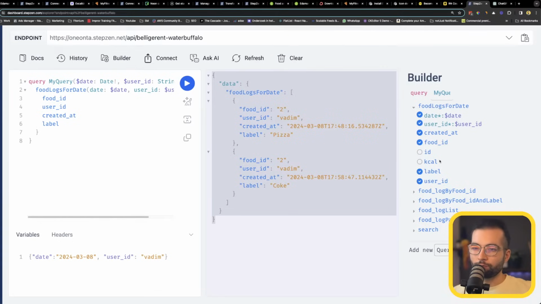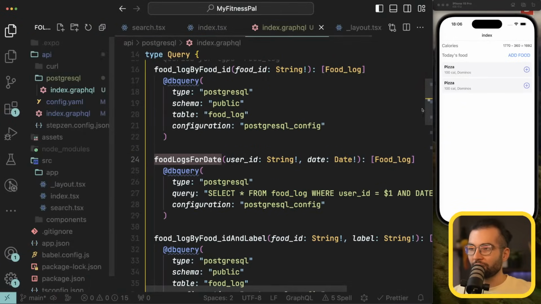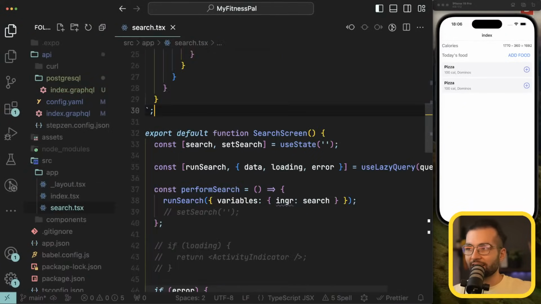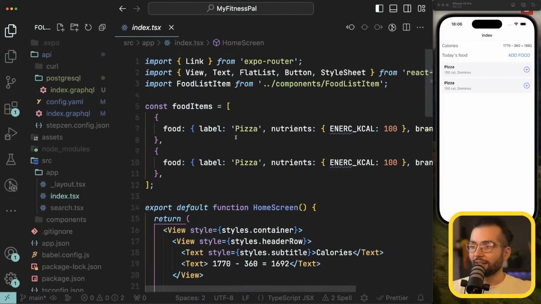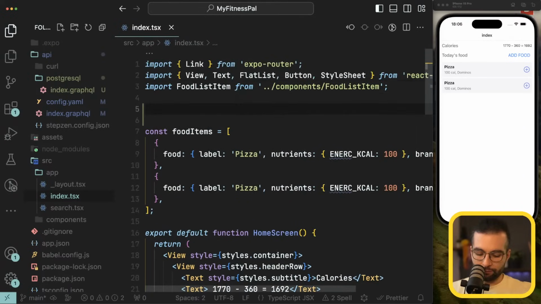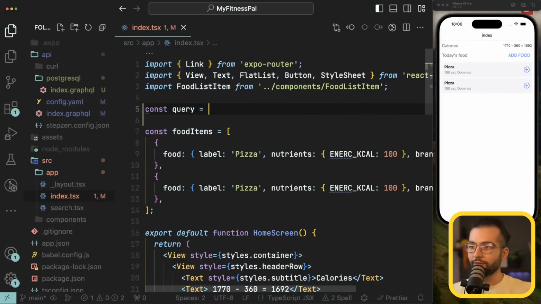That means that now I will add all the rest of the data, and let's copy this query from here and bring it into our application. Because now, having that query, we can execute it on our home screen to render what food was logged today. Let's start by defining the const query using